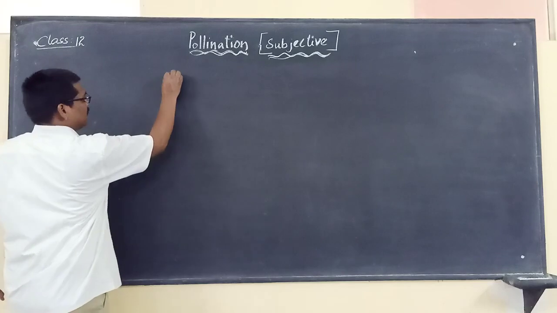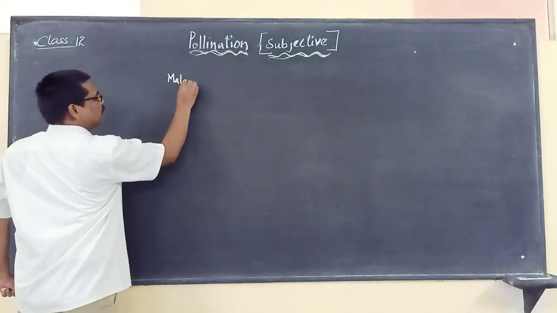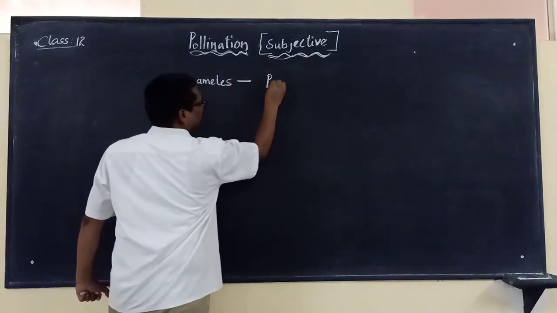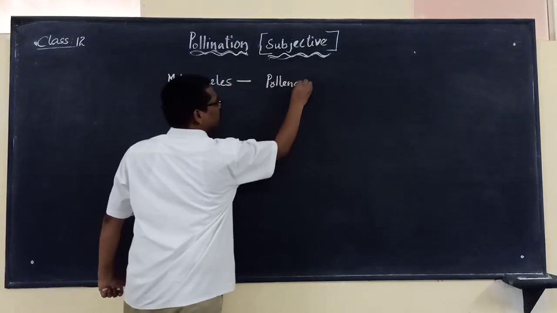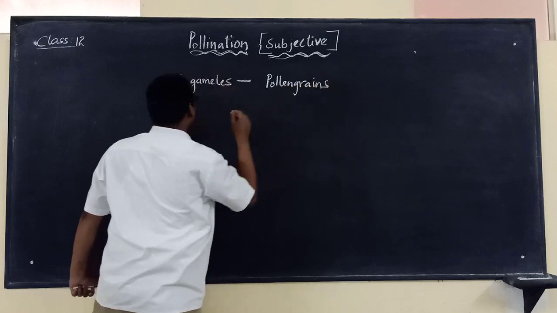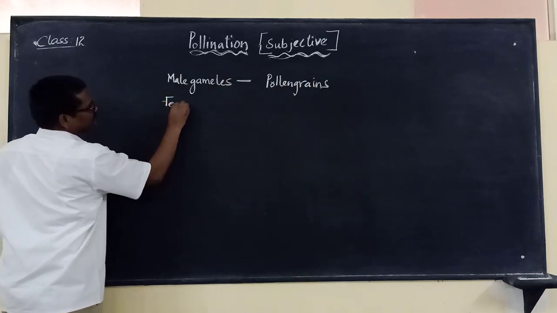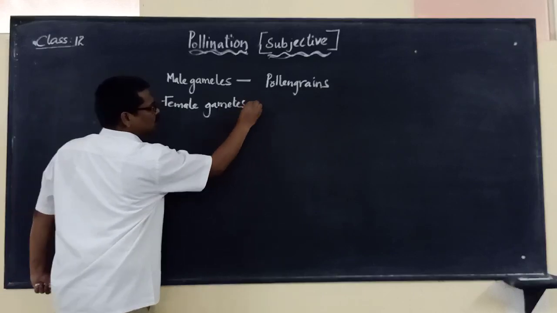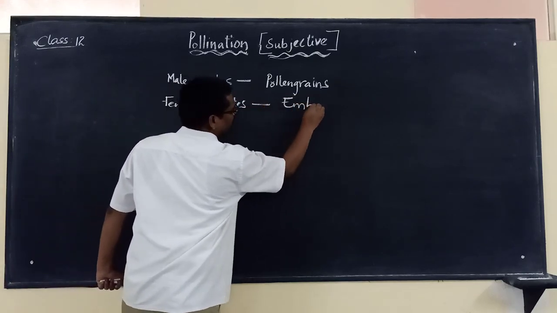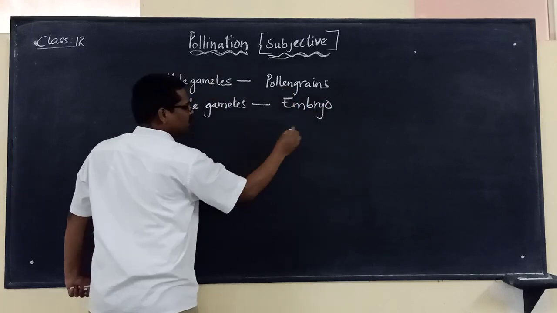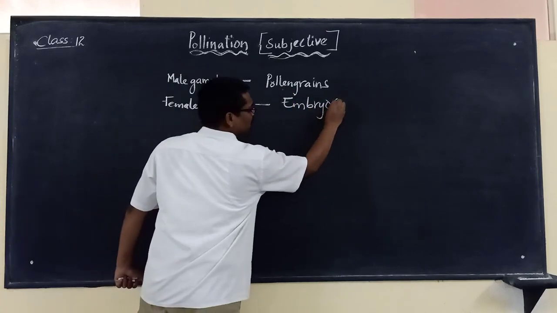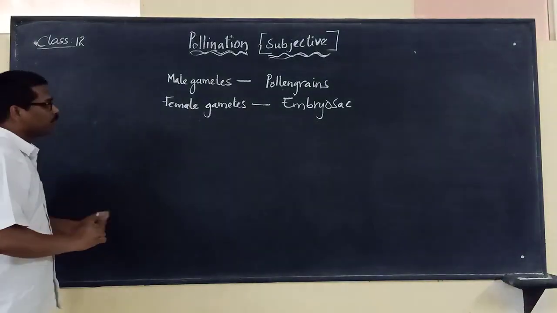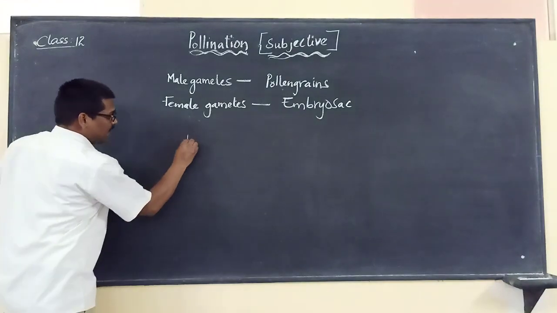We all know that the male gametes are produced in the pollen grains, whereas the female gametes are produced in the embryo sac. And here, a very important thing that we have to keep in mind is that the male gametes